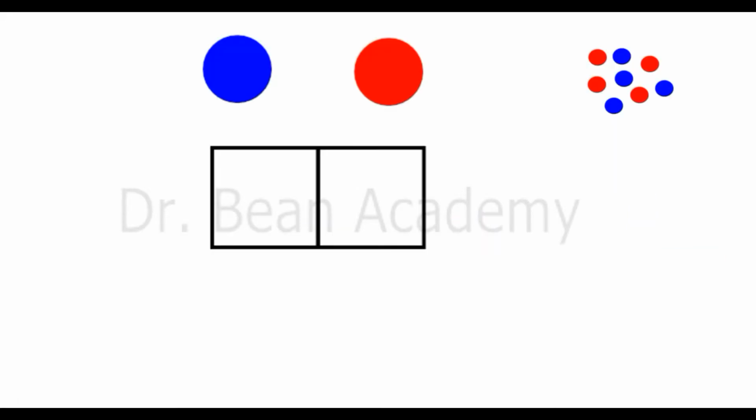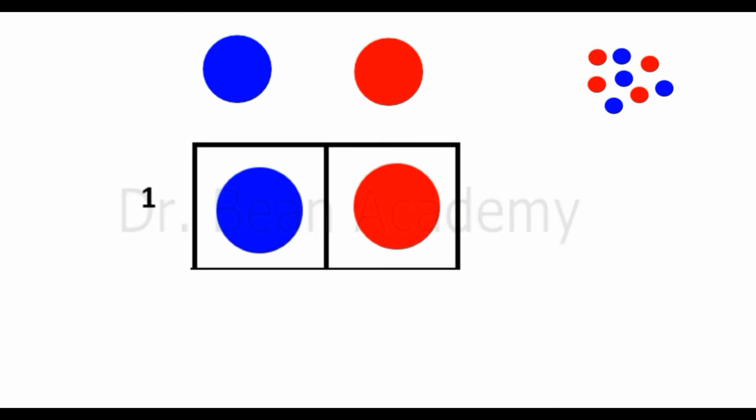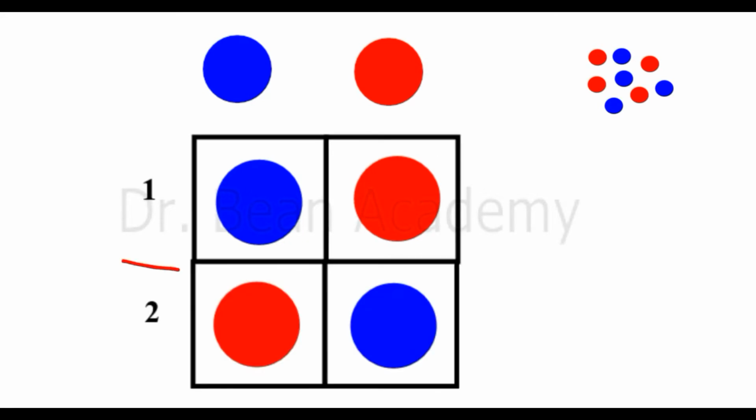Suppose a situation in which you have red and blue balls. You have a frame with two boxes in it. I ask you to pick up a pair of red and blue balls. My question is, how many different arrangements can you make by putting these balls into the frame boxes? Let's do it together. In the first arrangement, I can put the blue ball into the left box and the red ball in the right box. Next, I can put the red ball in the left box and the blue ball in the right box. These are two different arrangements I can make.